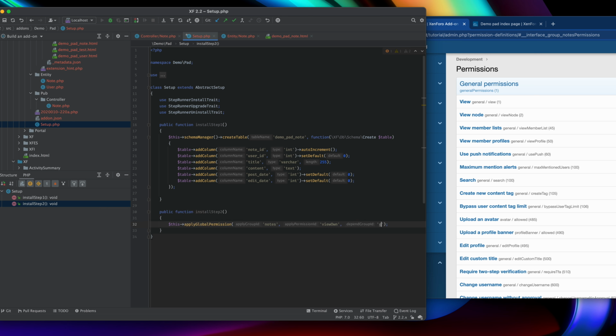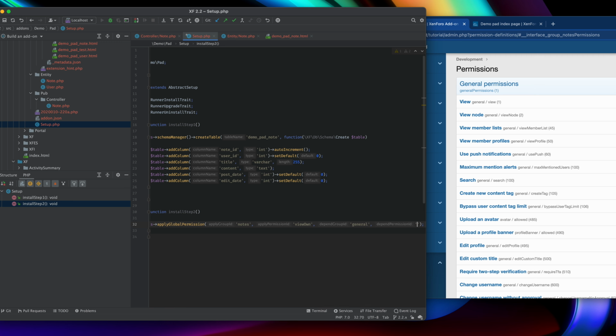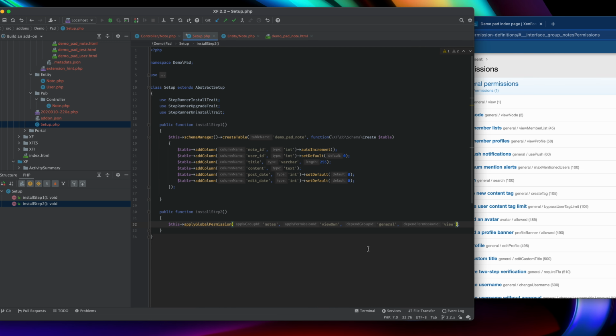So it's going to be general and view. So what this will do is any group that has permission to view the forum, as defined by the view permission in the general group, will be awarded the view own permission in the notes group.